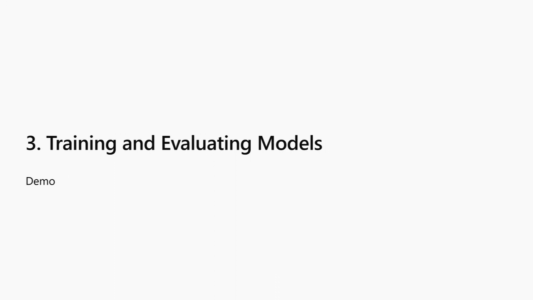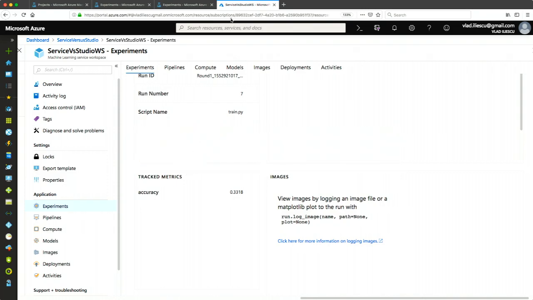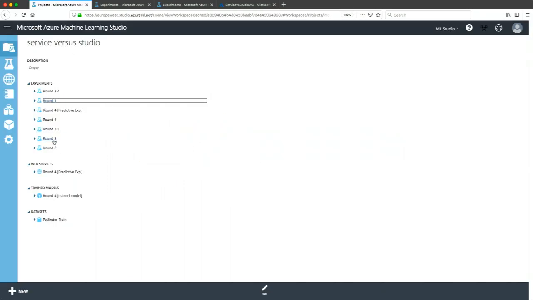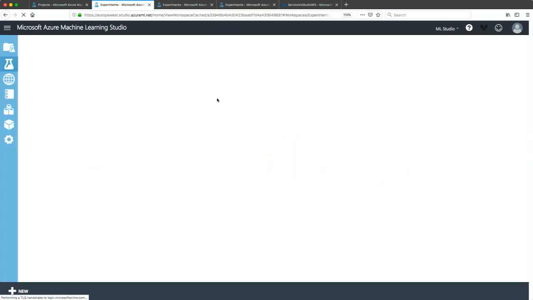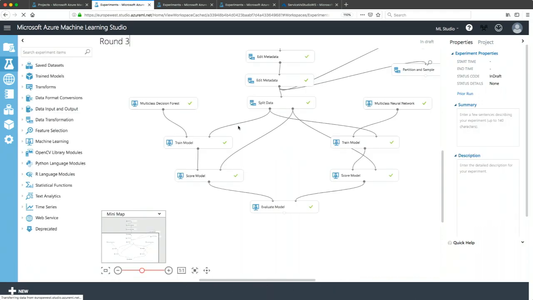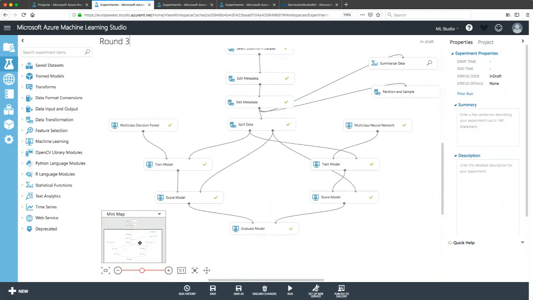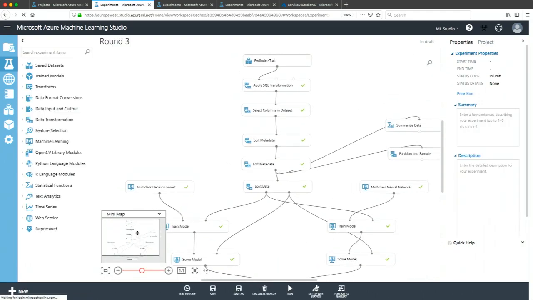Next is training and evaluating models. I will not go into a lot of details over here, except for loading this. Okay, so what did I do here? Well, you can't see it.